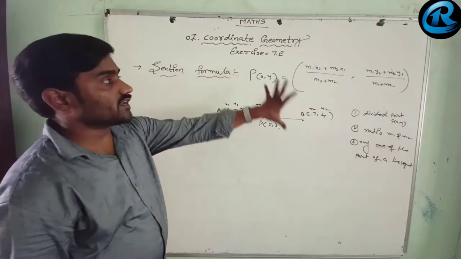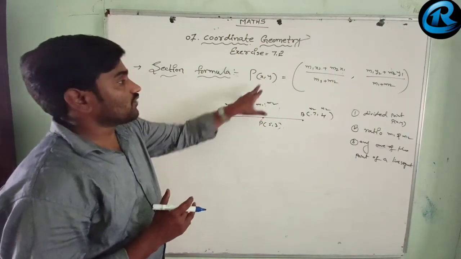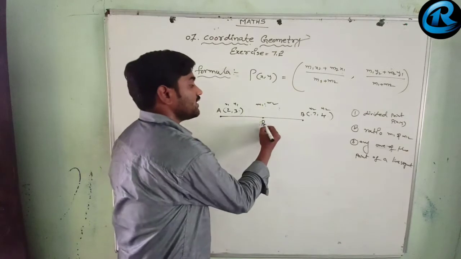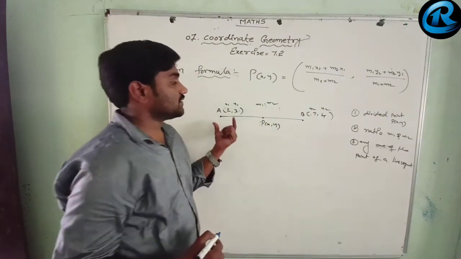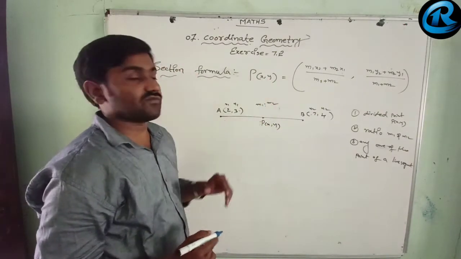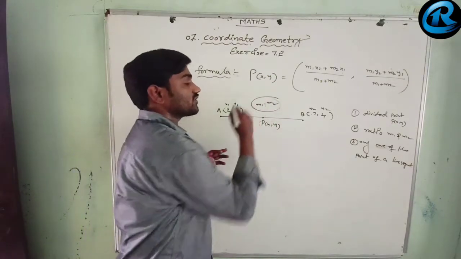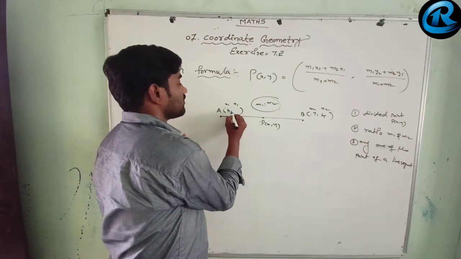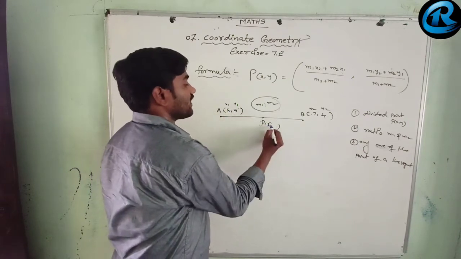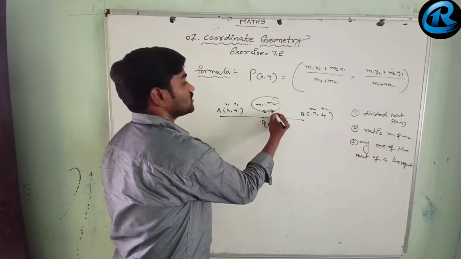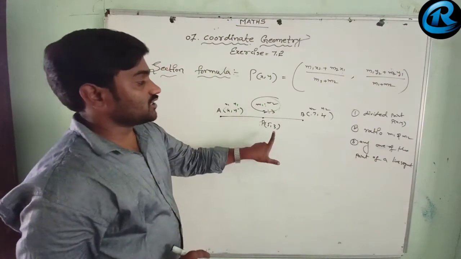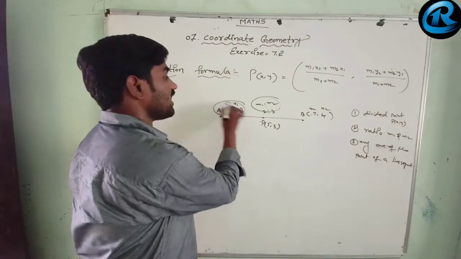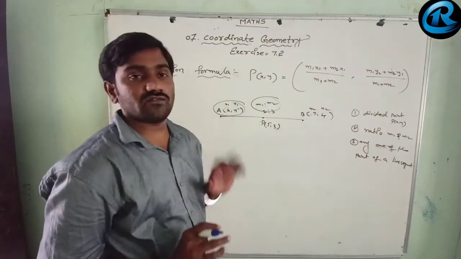In these three methods we can use only a single formula. To find out this P(x, y), the divided point, to know the dividing point we will use this section formula. To find out the ratio also we use this section formula. Suppose here x comma y and here they have given (5, 3), here they have given 2:3. See, this time they have given a ratio, then the divided point, and one of the points B is given. This A value we need to find, so we use this section formula only.